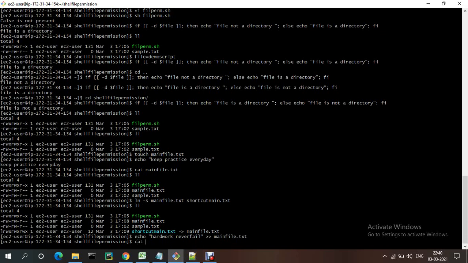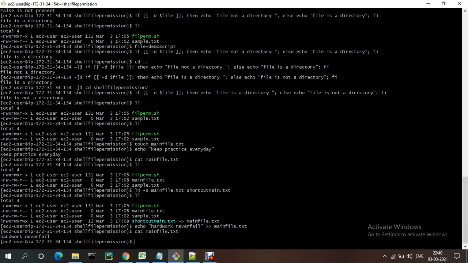Now if you cat mainfile, it will be executed. Let me do shortcut. Previously there was no data in the main file, that's why only one line was created.